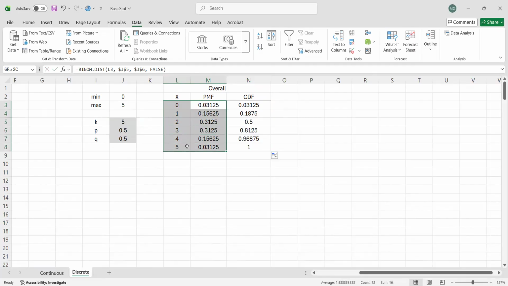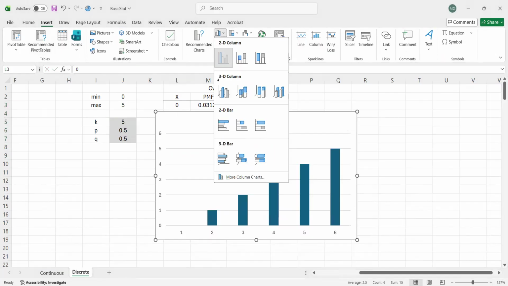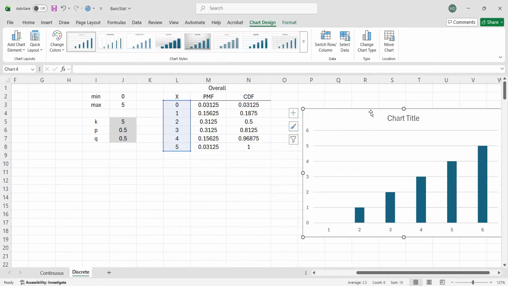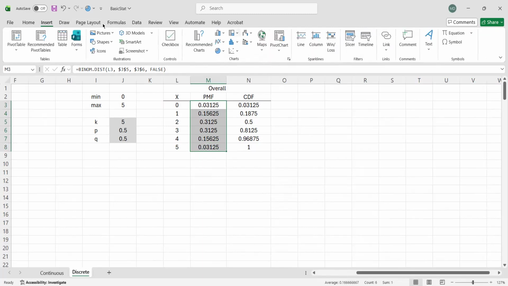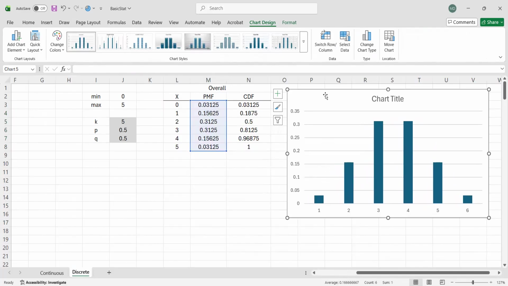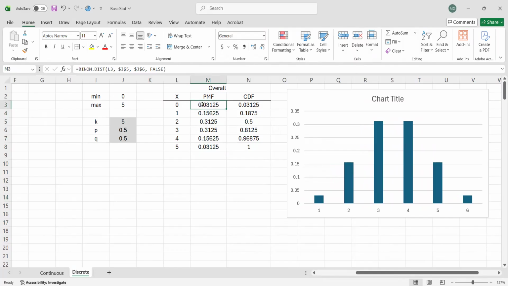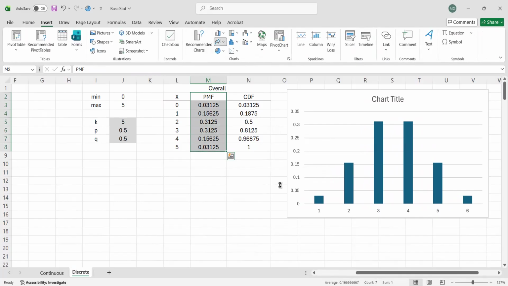And then let's see if this looks like a normal distribution. By the way, we should make sure the X values are sorted from lowest to highest or highest to lowest. And then we have here, that's our X values. But if we plot our PMFs, you see we have somewhat like a bell-shaped curve. Or if we use a line graph instead, if we include the label, you see it's somewhat like a bell.